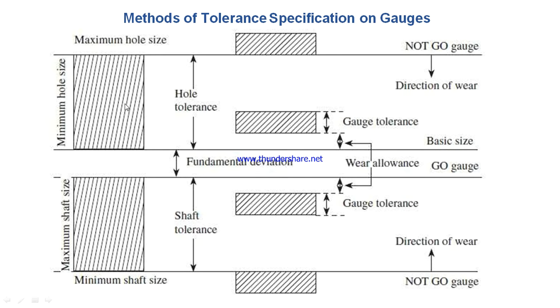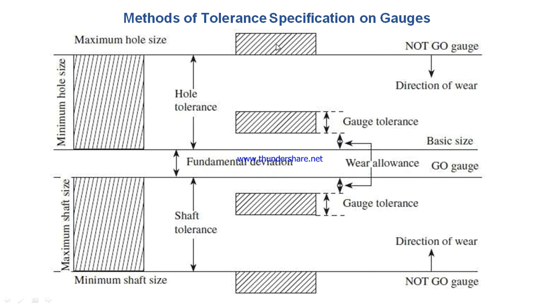This is the hole tolerance. Whenever we design a plug gauge for the hole, and whenever we design the snap gauge for the shaft, we always design a plug gauge for the hole and a snap gauge for the shaft. When the plug gauge is inserted over here, at the lower limit of the hole, wear will occur related to the plug gauge. So wear plus gauge tolerance is provided on this lower limit.